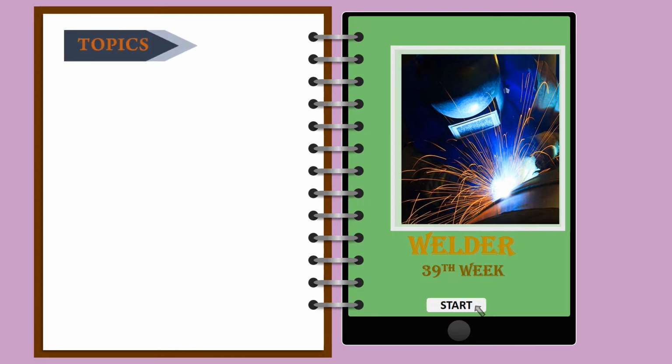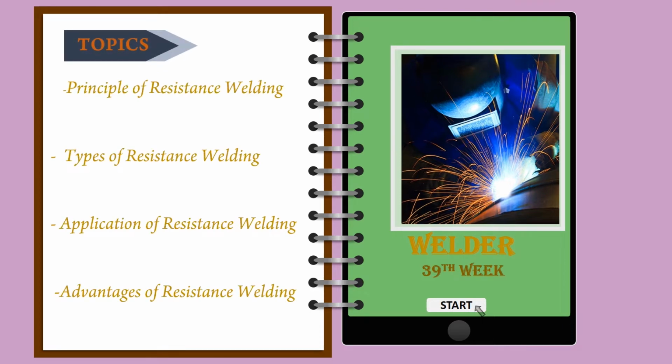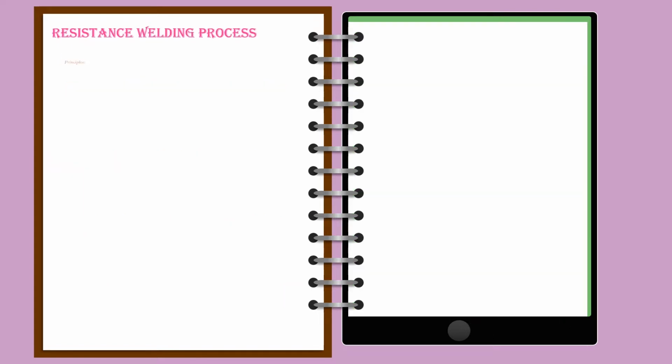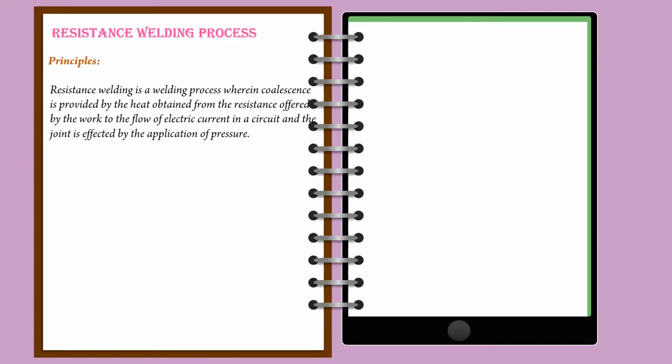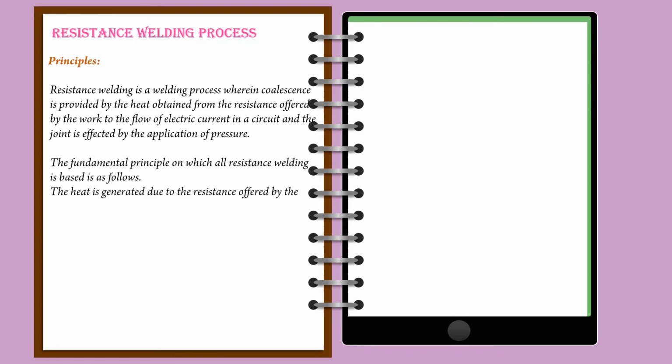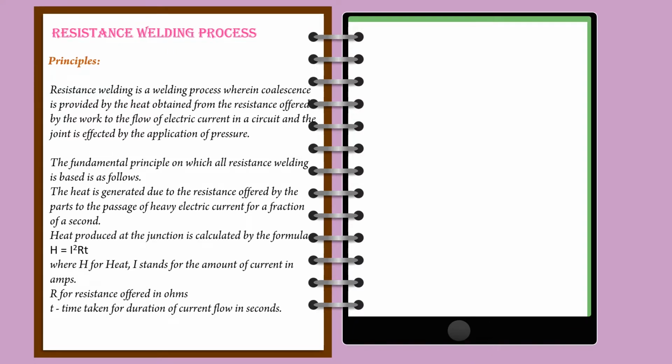Topics to be covered are principle of resistance welding, types of resistance welding, application of resistance welding, advantages of resistance welding. Resistance welding principle. Resistance welding is a welding process wherein coalescence is provided by the heat obtained from the resistance offered by the work to the flow of electric current in a circuit, and the joint is affected by